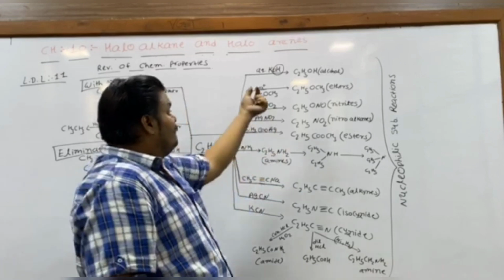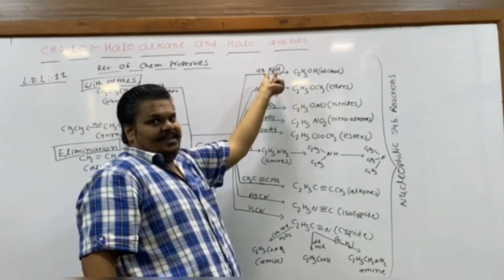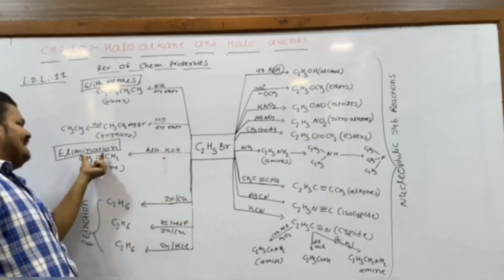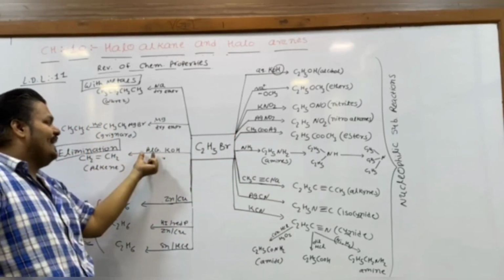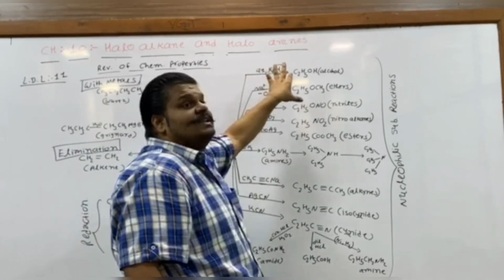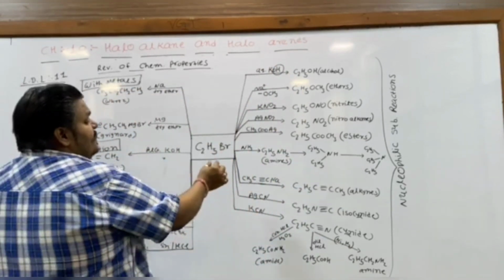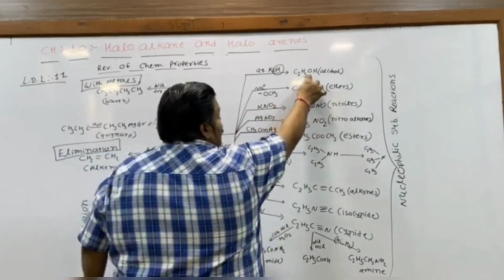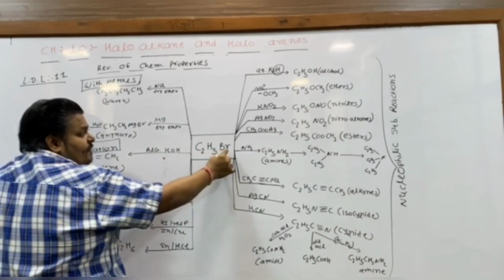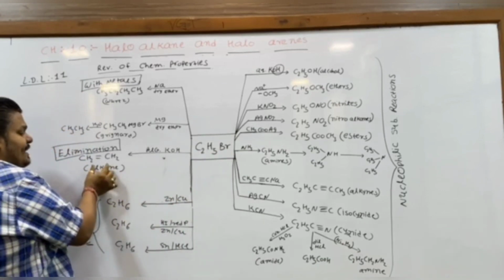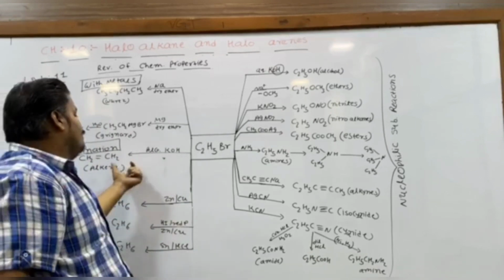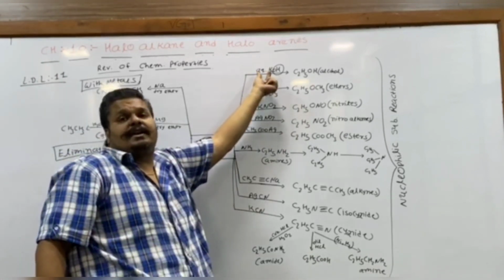Now take a look. We have used aqueous KOH. If we use alcoholic KOH, it will produce a beta elimination reaction and produce alkene. But aqueous KOH gives substitution. See, it's a different thing. Here Br gets substituted by the OH group, but here we perform an elimination reaction. Br from one carbon and H from the other carbon get eliminated, and alkene is the product of alcoholic KOH. So different products are obtained through different reactants.